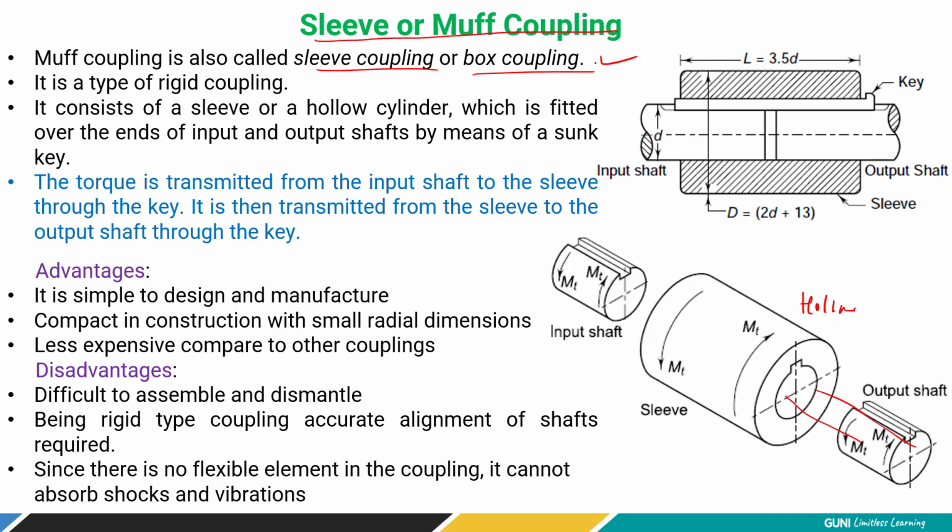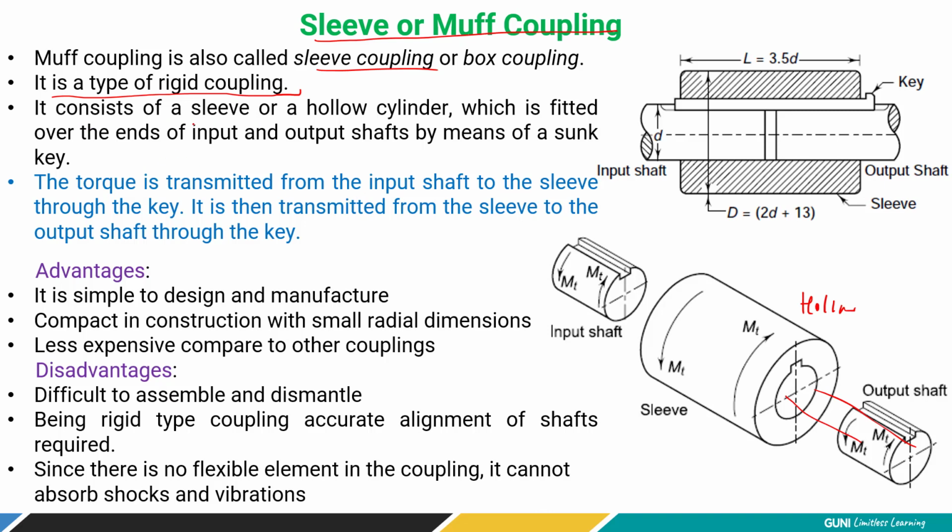In case in an examination, if a numerical is given by this name, a box coupling is to be designed for an X value of power transmission, then do not get confused. Remember the synonyms of the coupling. It is a type of rigid coupling. Now, rigid means there is no movement possible. There is no flexibility. Once you join it, there is no possibility of any kind of misalignment or any kind of movement of a part, right? So it works as a solid part, rigid work.